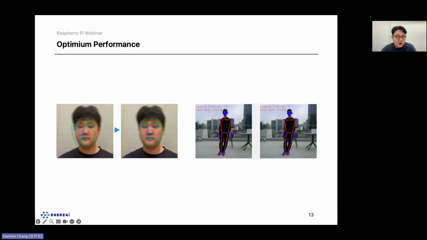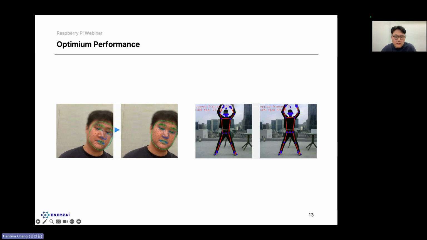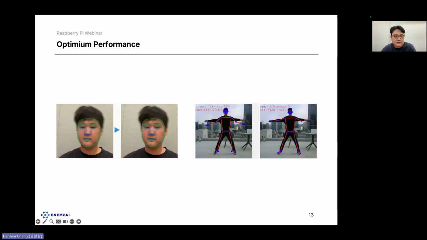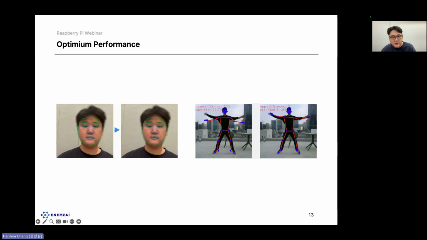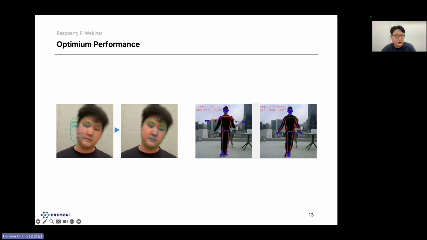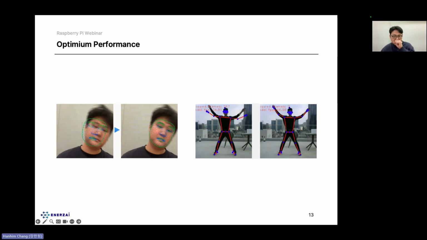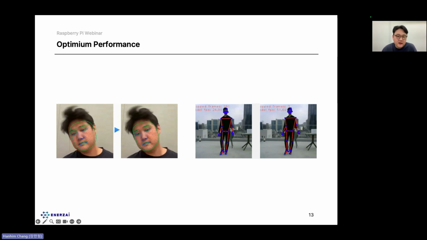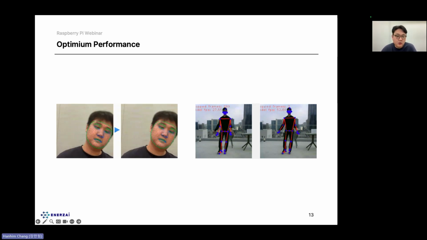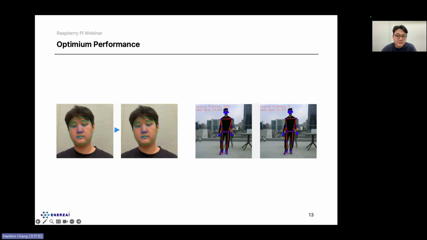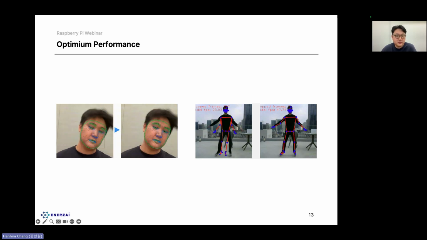And as you can see here, the XNNPACK backend is dropping some frames, which creates some kind of lag, whereas Optimium output estimates the face, landmarks, and pose successfully in real time. So this could emphasize that which tool or backend you actually choose to deploy your models on Raspberry Pi could dramatically impact the project's overall performance.